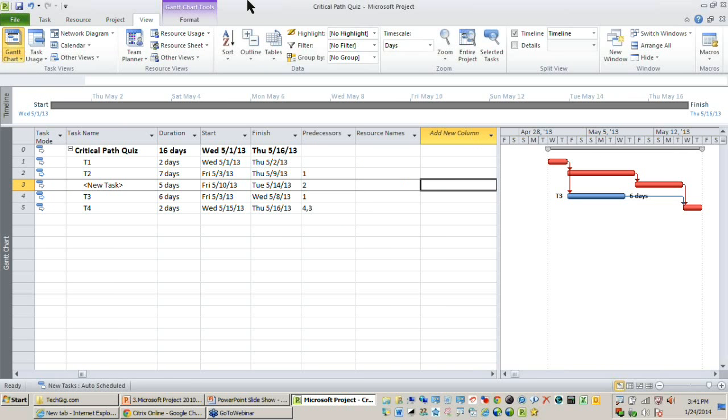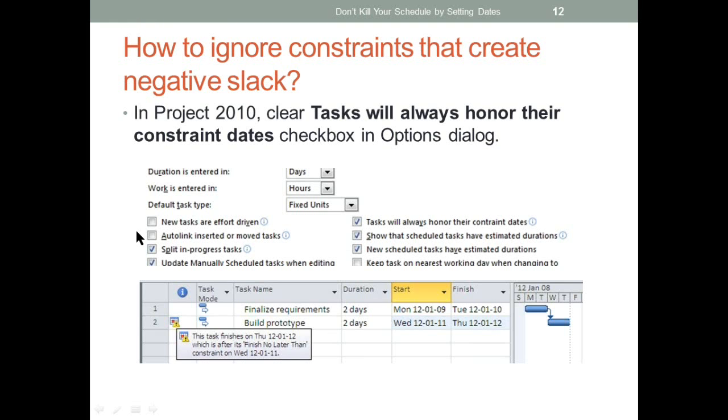So how do we ignore it? I've already talked about this. You might want to clear this checkbox saying